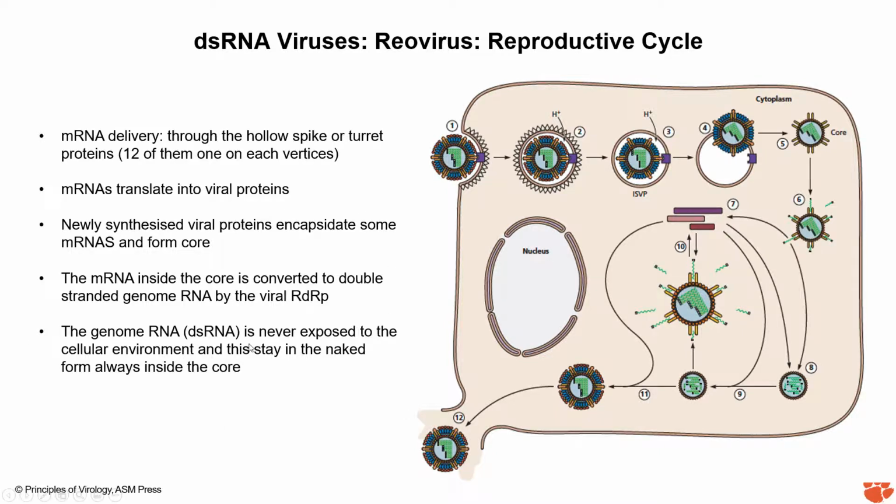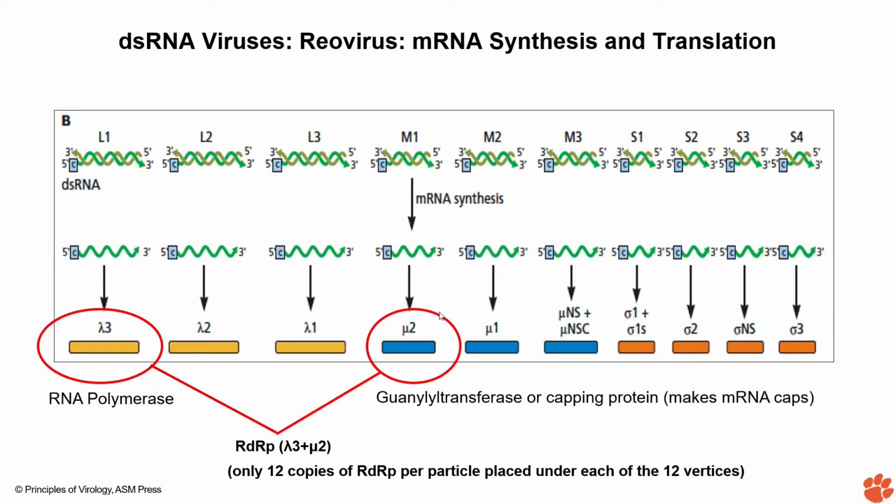So it's all written in very detail. If it is a little bit too much, just read the material and rewatch the recording, and you should be fine. So here is just an overview of that. Again, you do not have to memorize the name of the proteins. Just for your reference, just remember that your L1 segment and the M1 segment produce the two proteins, lambda 3 and the mu 2.